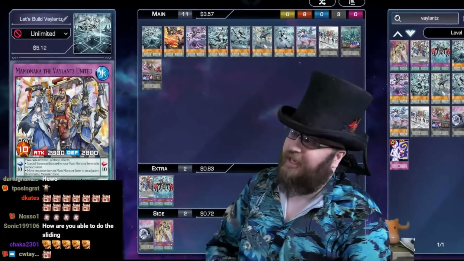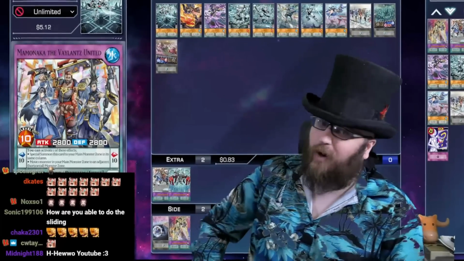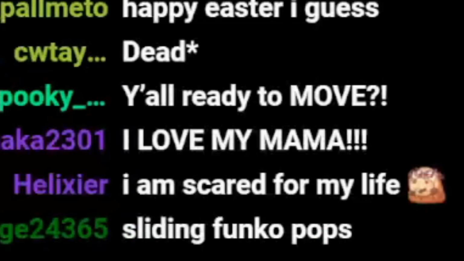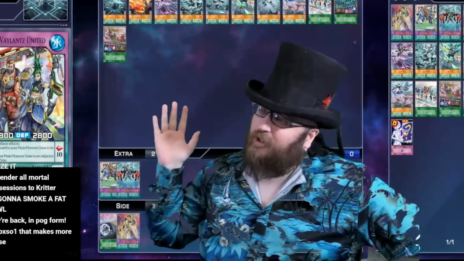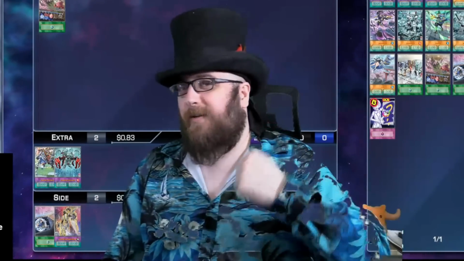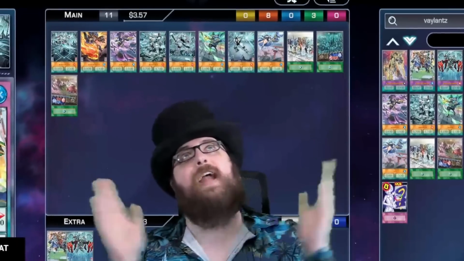Twitch chat, you want to say something valiant, something heroic for the people watching at home? Murder bad? Y'all ready to move? I'm scared for my life. They've got the spirit, but they're kind of weirdos. But you know what? They're my weirdos, and they're here on Twitch once again to help me learn Vaylantz, which